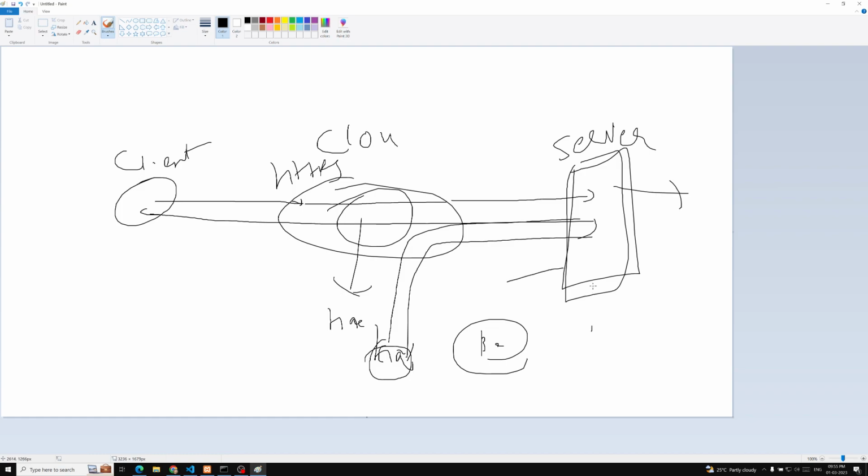The web server will get the request, process it, and send you the response. That's it. It will not bother you whatever it may be. So coming into HTTP 1.1, okay, from HTTP 1.1,